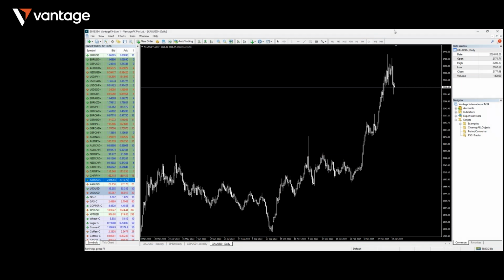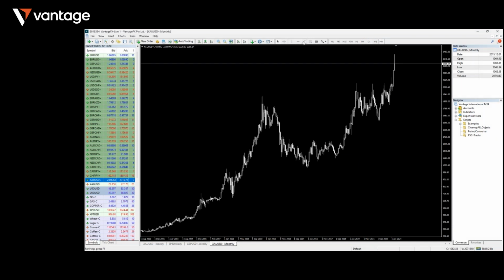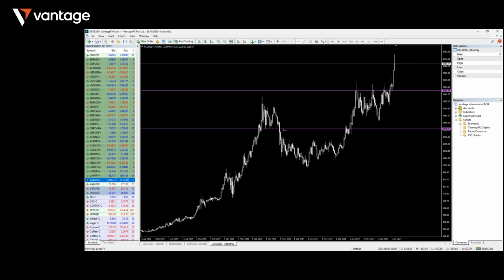So if I go up to the monthly, for example, here's where you can really see which are the most significant levels. So we've got a little bit of support and resistance there. We've definitely got some support over here, for example, which is also resistance. We've definitely got some resistance over here. So it's a constant